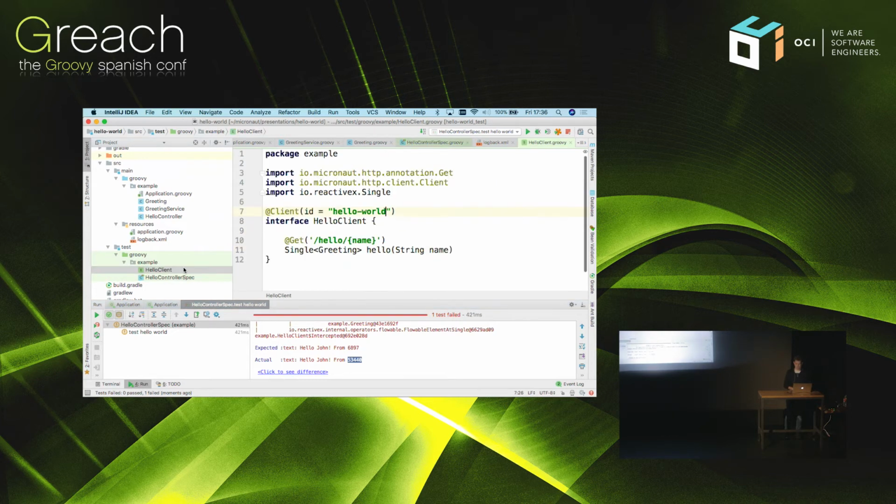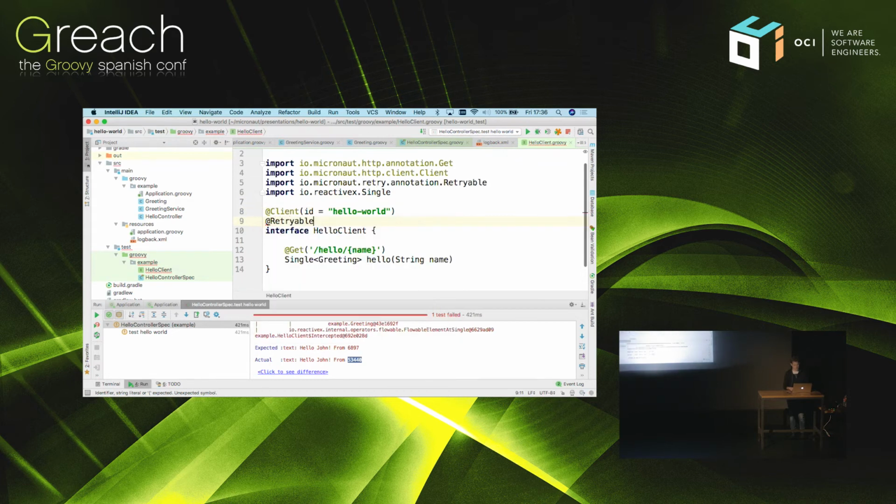But of course, there are other things you have to think about when building microservice clients. In distributed environments, things go wrong. Sometimes a call goes wrong for no apparent reason. Networks are volatile. You need to be able to retry operations and so forth. So how do you do that? Well, let's say Retryable. Now, every time